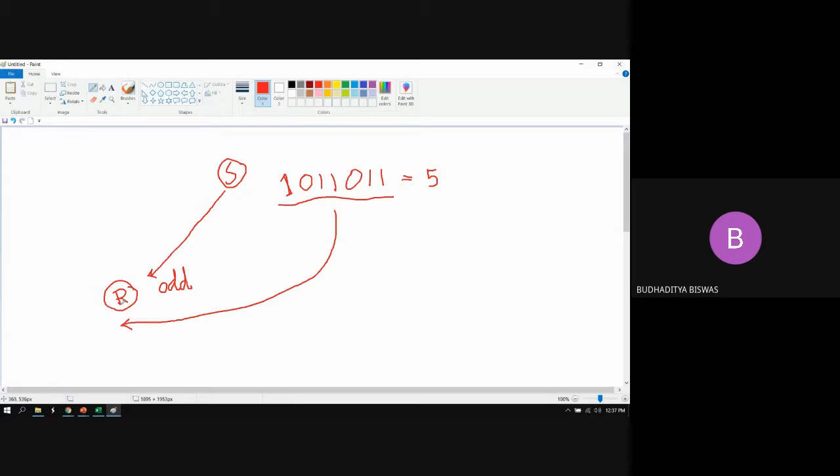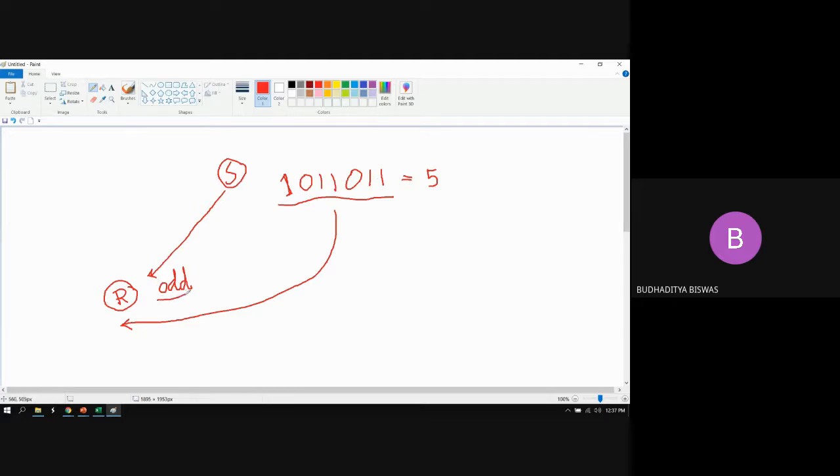This information also has to be sent from the sending end station to the receiving end station in the data transmission process. When the receiving end station receives the data 1011011, it will not check the values, because sometimes the data are very long and unnecessary time is required to calculate the values. So instead of checking the values, they count the number of 1s. 1, 1, 1, 2, 3, 4, 5. So is 5 odd or even?